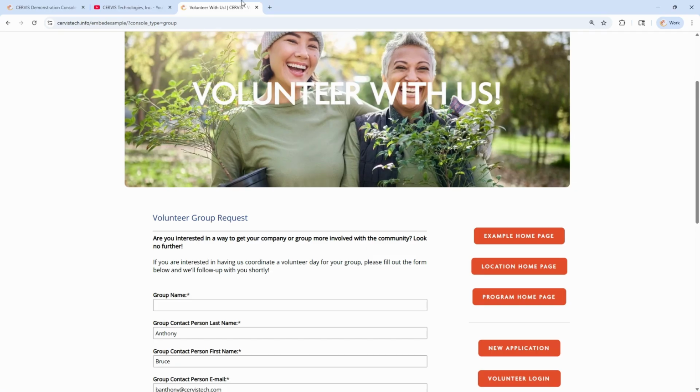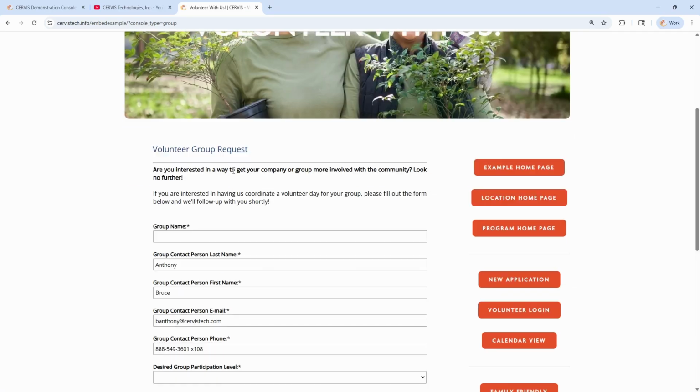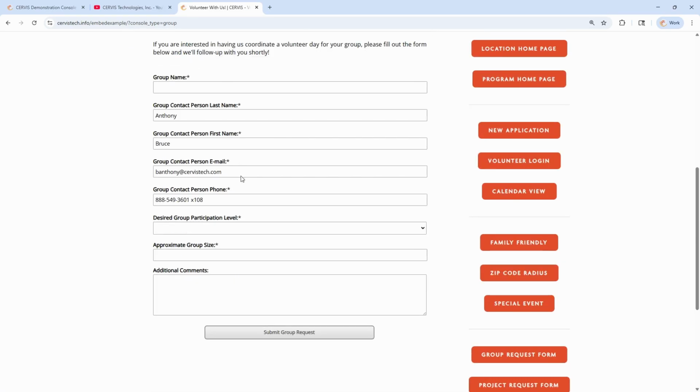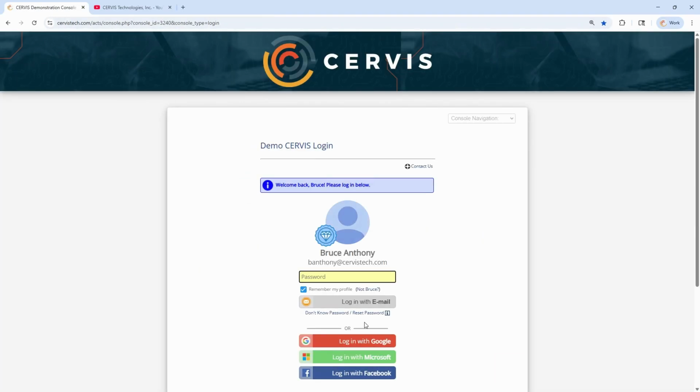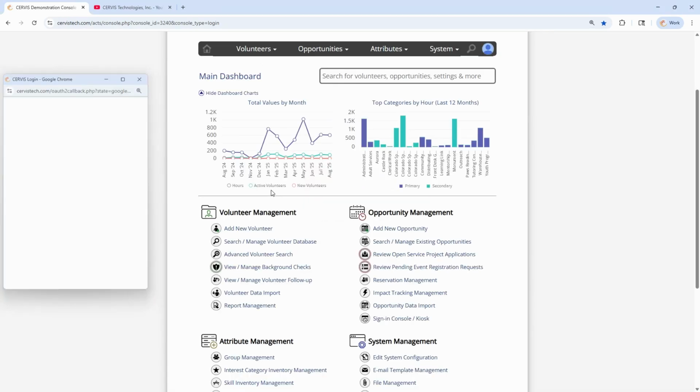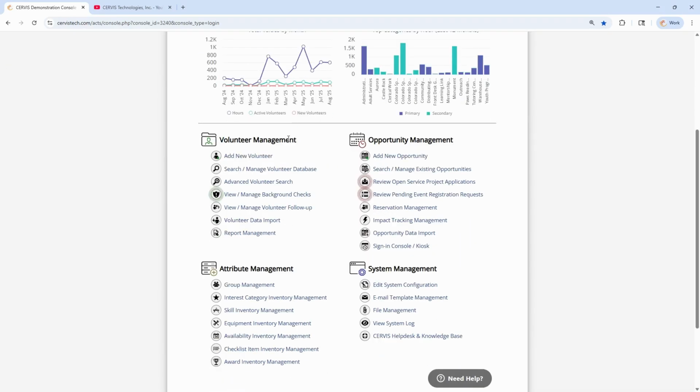We can have a separate conversation about that. But essentially this form would be publicly posted. Someone fills this out, and when they do, you will get a notification. So if we log back into the admin side, under volunteer management, there is a section called View Manage Volunteer